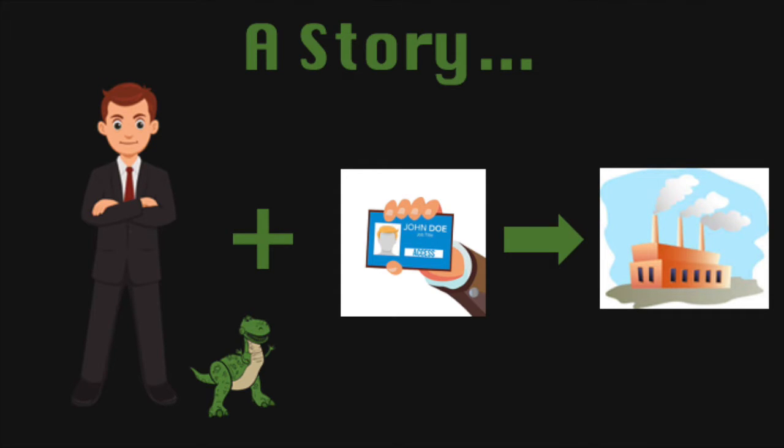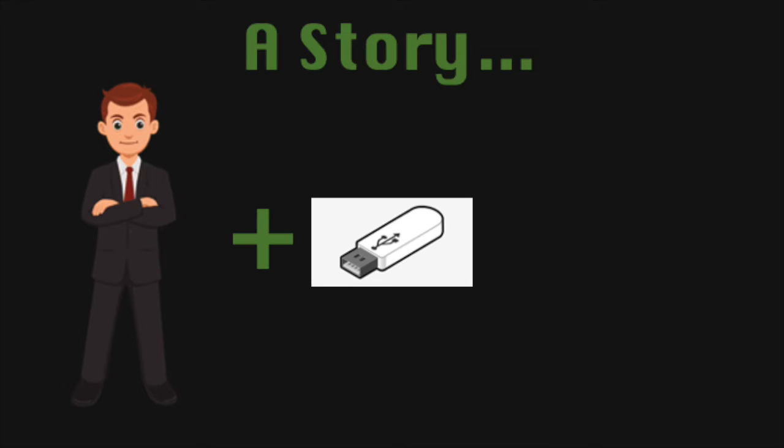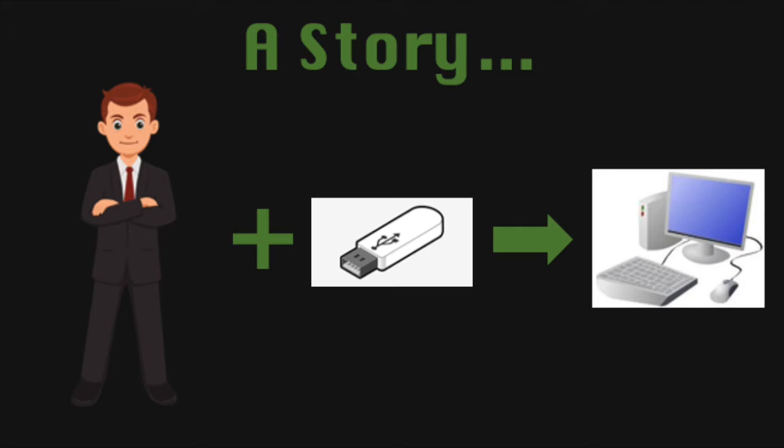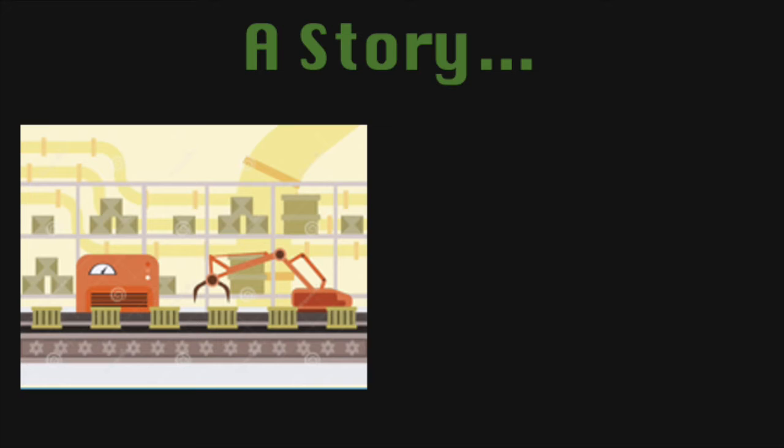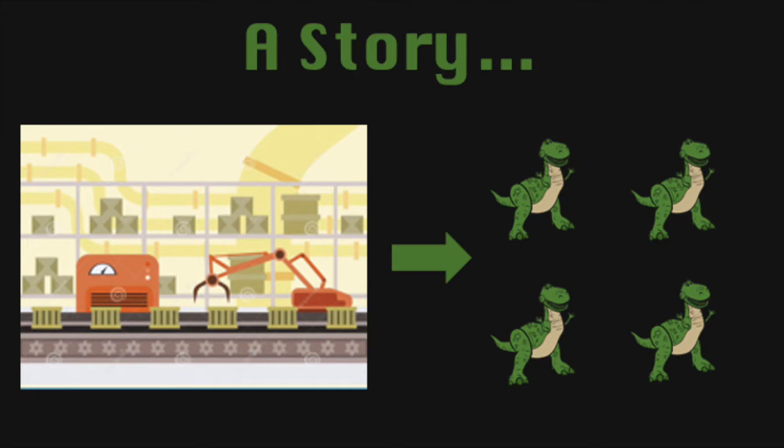And then once he's inside of the factory, he takes all of the plans, all of the blueprints, all of the information to make his toy, and he saves it onto a flash drive, a USB drive. And then he uploads that information to make his toy to the computers at the factory. So what he's doing here is he's secretly going into the factory and hijacking the factory's equipment to make his own toys. He's kind of rewriting or reprogramming the assembly line to make his toys instead of the thing that the factory was actually made for.